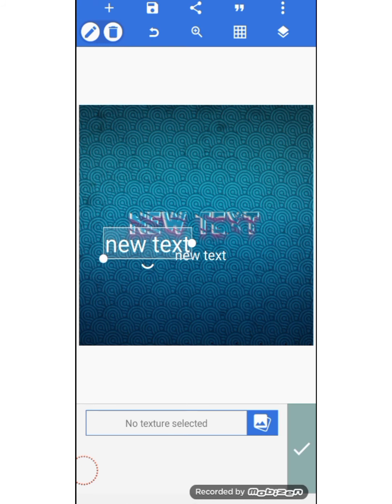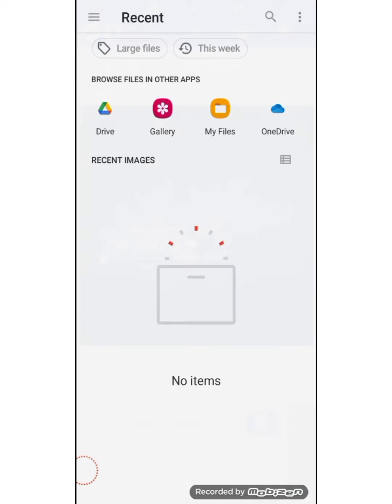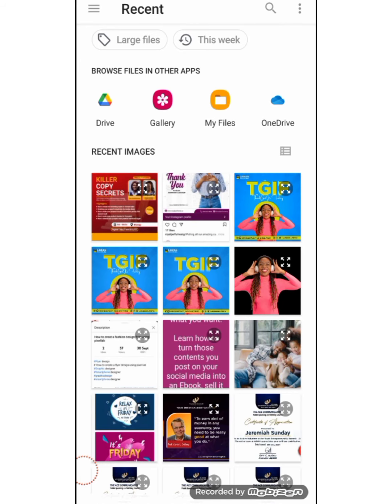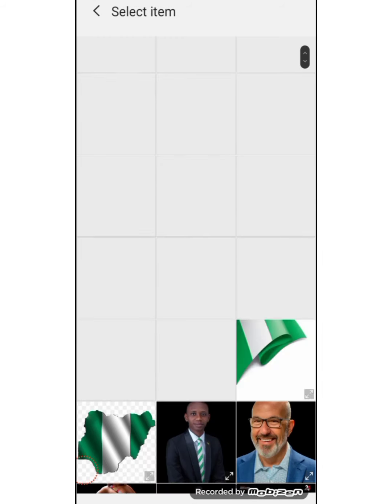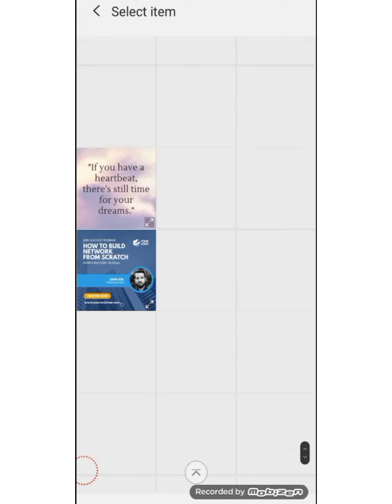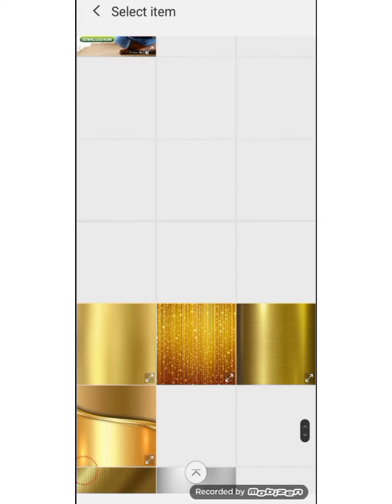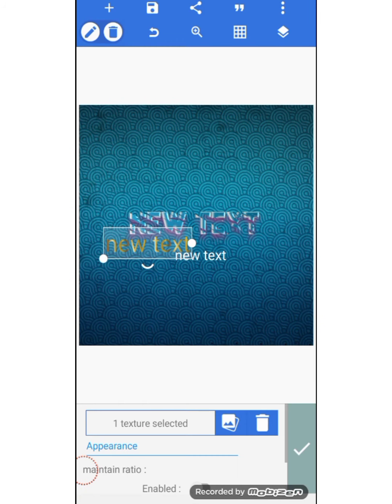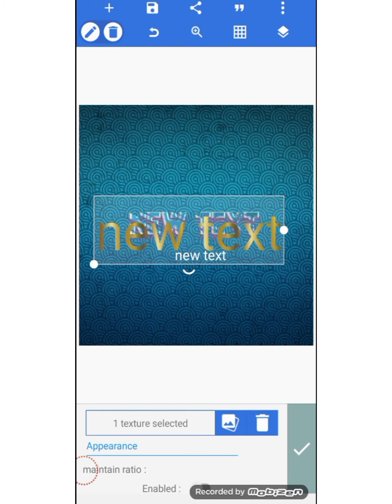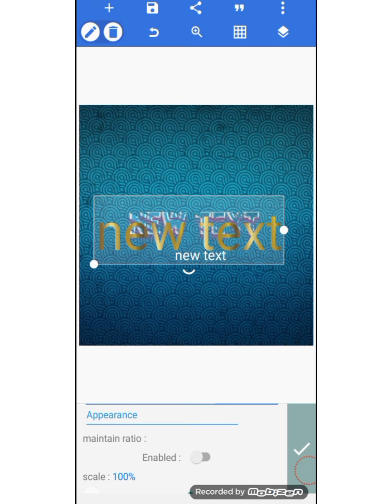We have the texture. Now if you want to design your text, you want to make it in a form of texture, you can select from gallery. Let's select from gallery. Let's use this as an example. You see that, it has changed to another color into gold. You can enable this texture,